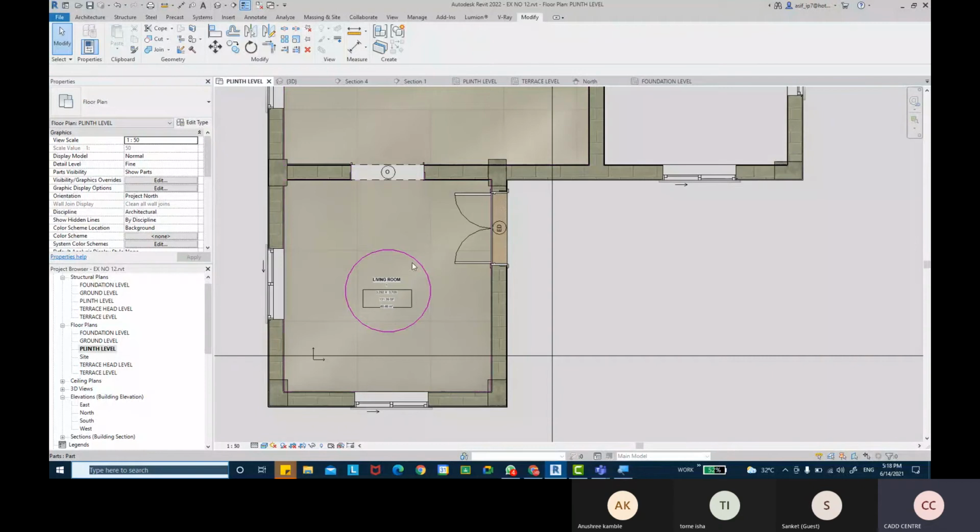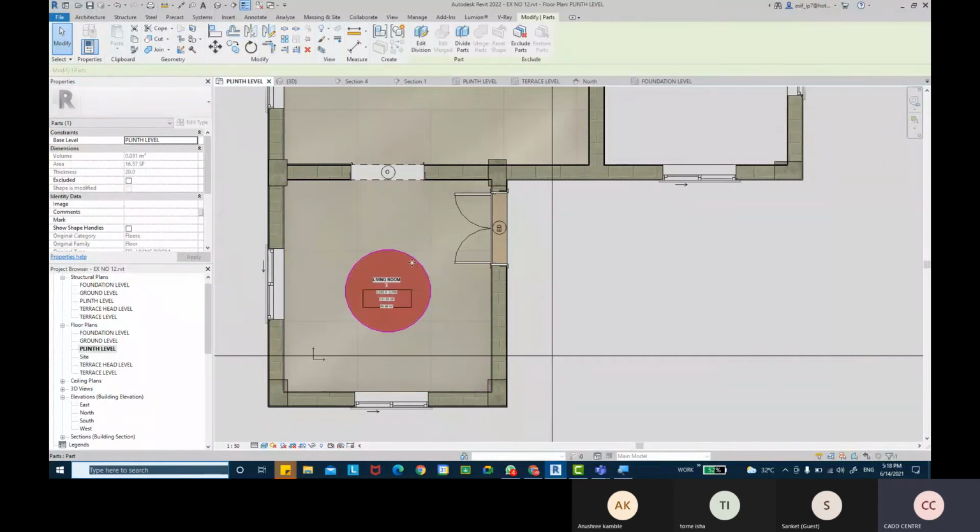Now I can exclusively select that part, and that part can have a different material applied. So I'm going to come over here. It says material by original is on. So the material that I applied to the original floor is applied to this as well. So we're going to uncheck this option which says material by original, and then I'm going to create my own material over here, that inlay flooring material, whatever it is.